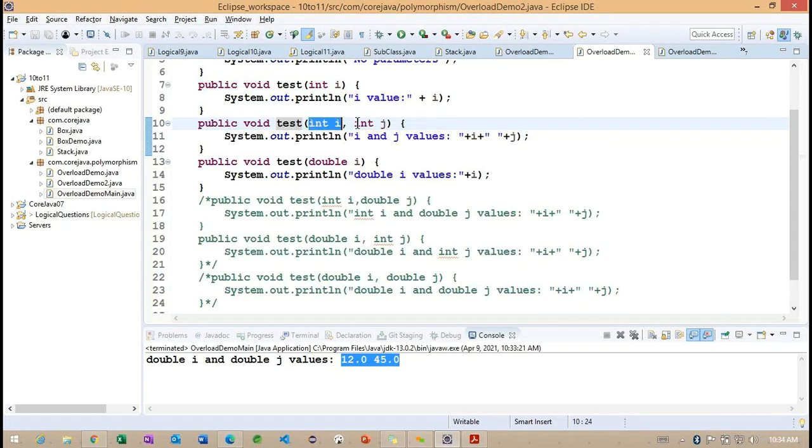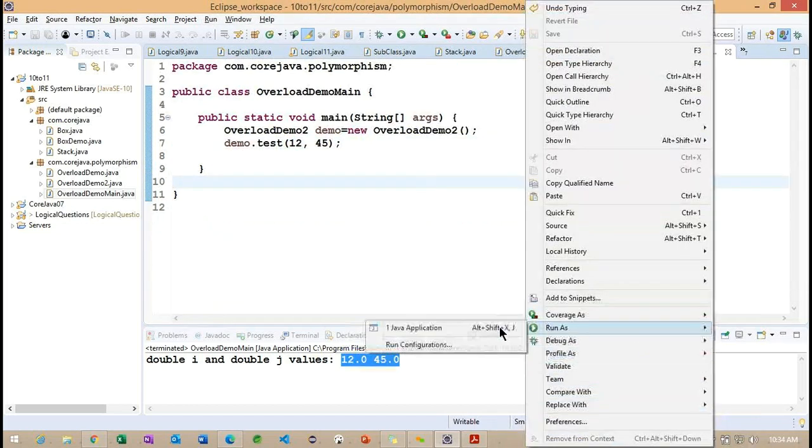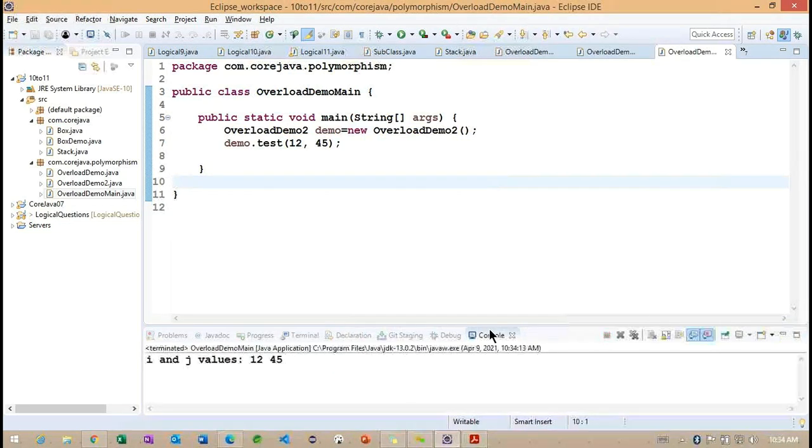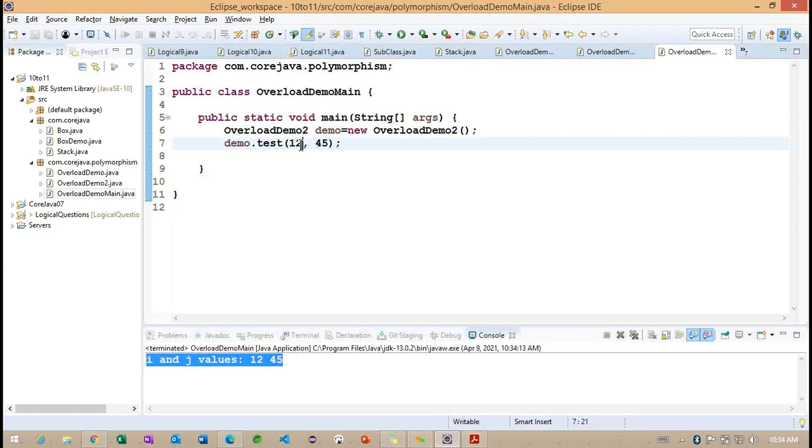So this particular test method is expecting two parameters, and both the parameters are expected as an int data type. I'm trying to run the same example. So we identify these two parameters we pass as an int value, and we are getting the same expected output, right? But now you need to think here: 1.2 to something like 1.65, so why is it not converting here? Getting the point. The reverse order is not working.